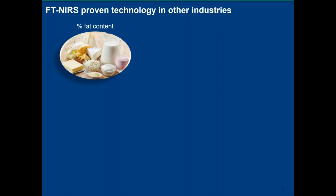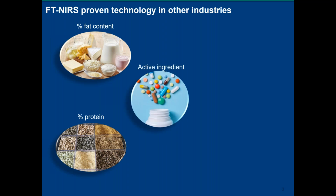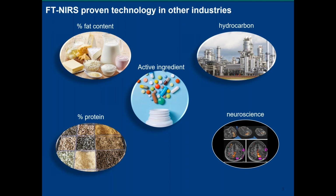So starting it off, FT-NIRS has been used in other technologies for a number of years, specifically, for instance, estimating the fat content in dairy products, the amount of protein in feeds in the agriculture sector, and the active ingredients in pharmaceutical drugs that are used for medicine. Also estimating hydrocarbons and impurities in hydrocarbon and gasolines, and also, more recently, in the neurosciences, which is called